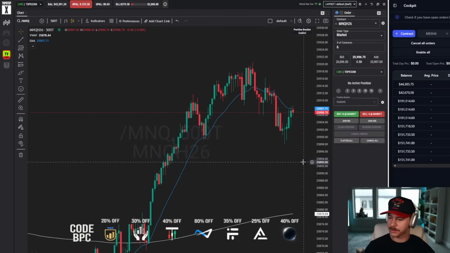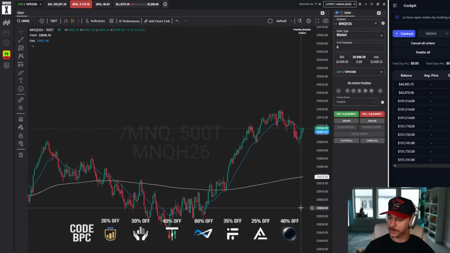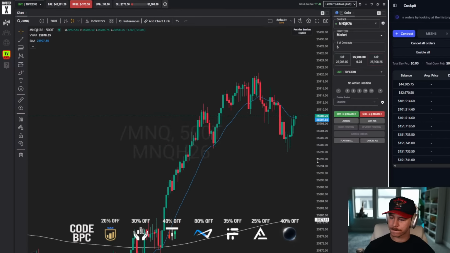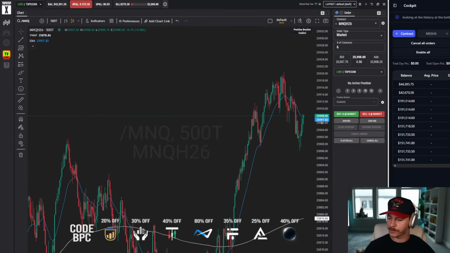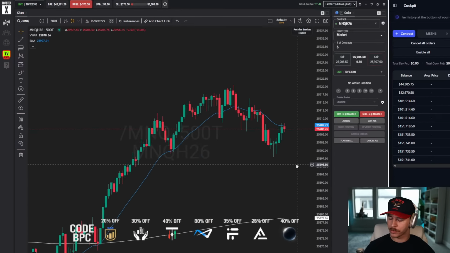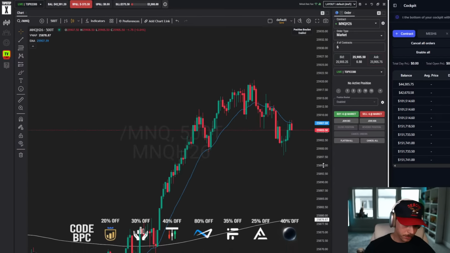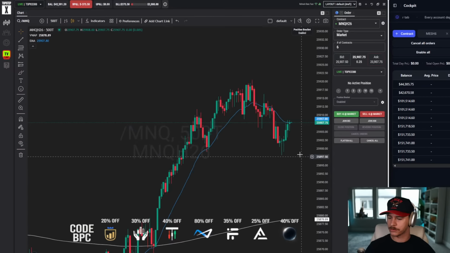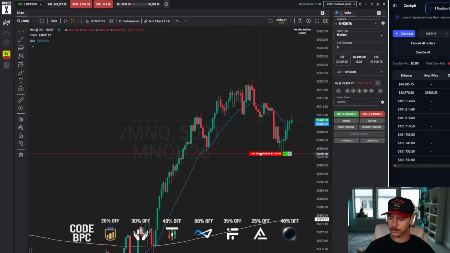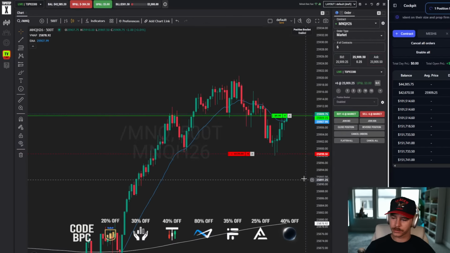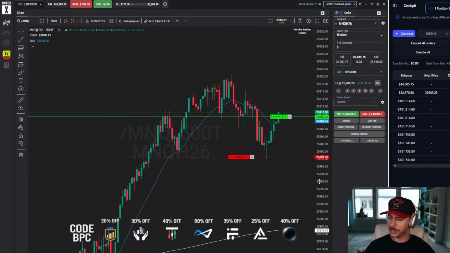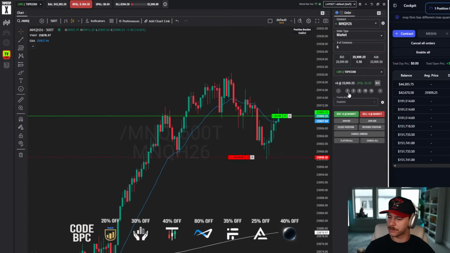Down $300 trying to take a dip buy, and all we've done is go sideways. Shit's got me annoyed already, chat. You just buy that off 898? I mean, it gets to a point where if we can't catch this trade eventually, it's like just give up, I guess, on the day.